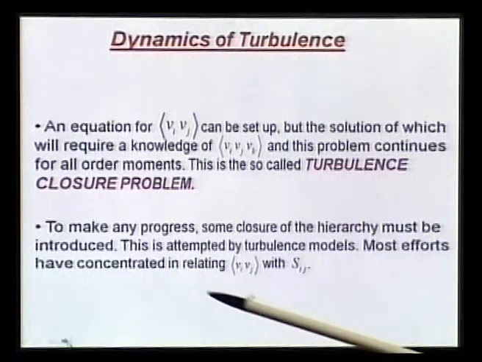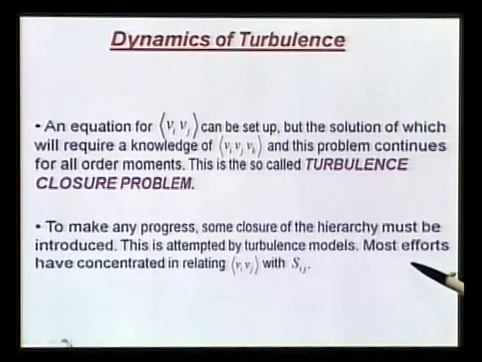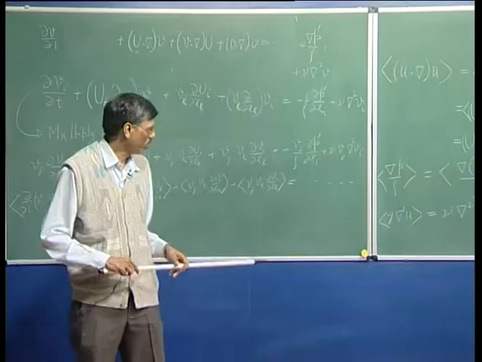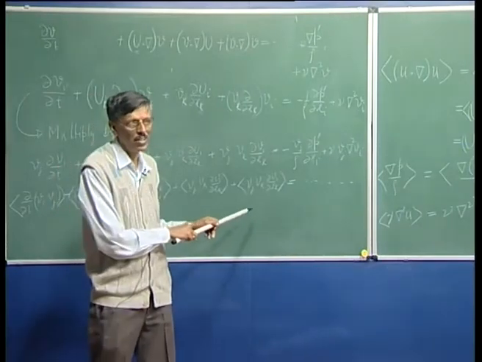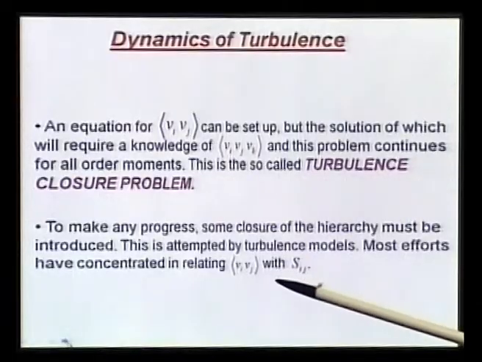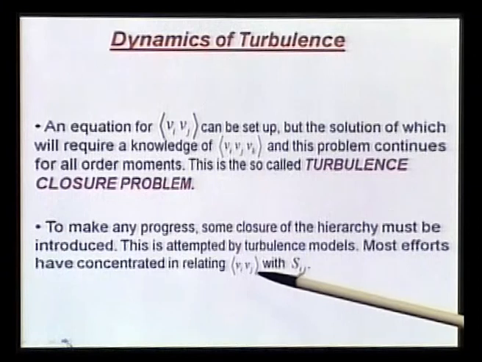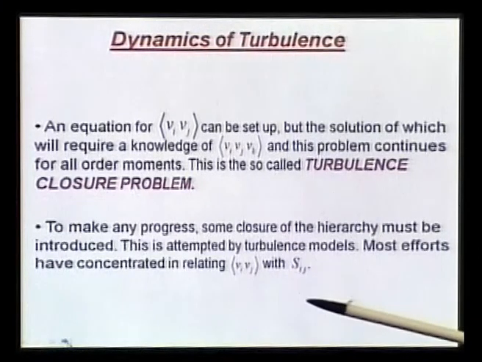So, that is what we note: if we want to make any progress, some closure of the hierarchy must be introduced. This is what is attempted in most turbulence models, and what is interesting is that people do not want to go into third order terms itself, but be happy with the Reynolds averaged equation itself, and then try to relate Reynolds stress with the mean strain itself,